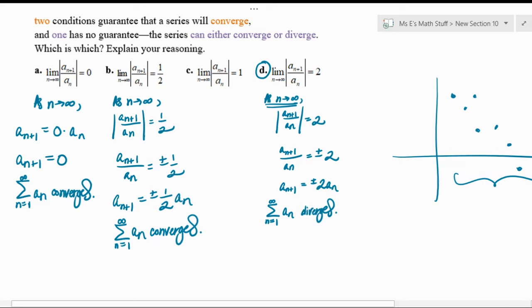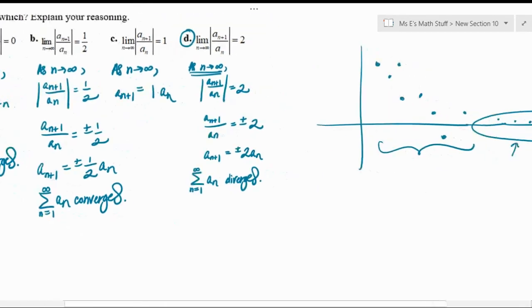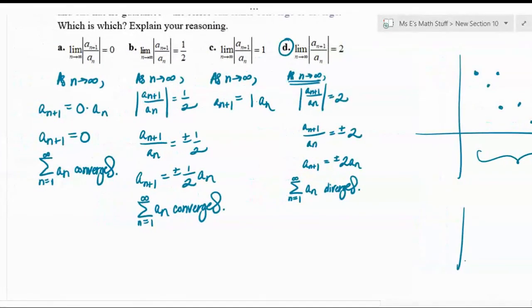Okay. Now part C is kind of interesting. So let's think this one through. As n approaches infinity for part C, we'd be finding that a sub n plus 1 would equal plus or minus 1 times a sub n. Now this one we'll find could go either way. Let's play around with the positive one first for a second. Let's say you have a positive one here. What we're finding out then is that as n goes to infinity,